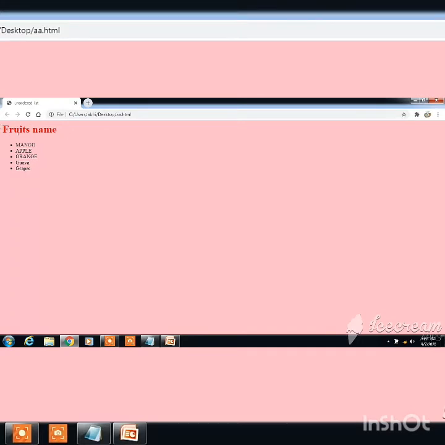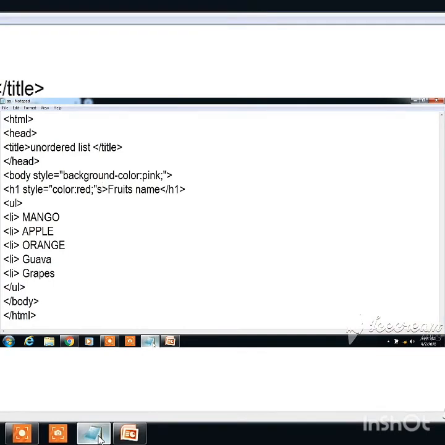See, the heading is changed and the list item color has changed. So this is the usefulness of CSS. With normal text, it's not possible. Now, I want my fruit name to be red and I don't want the list item to be black. I want some different color for the list item. Okay, let's try it. Is it possible? Style equals to color. Which color? Suppose I like blue. So I write blue.